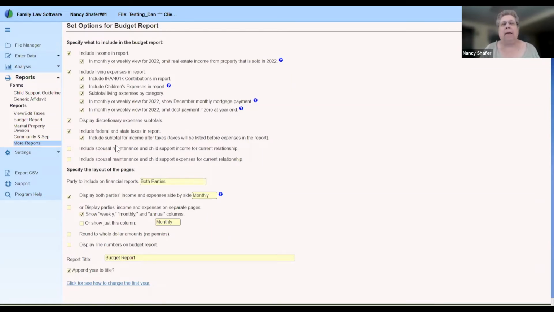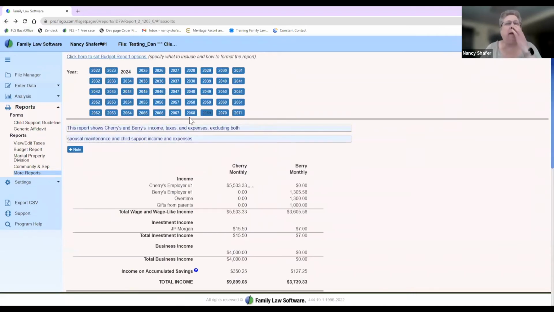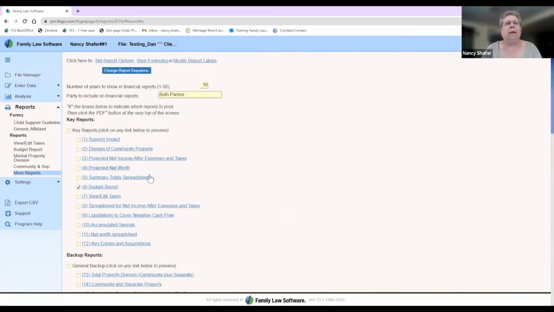And I can select what shows and what doesn't show on the report. And then when I go back, I go back to the reports page, and I can do the